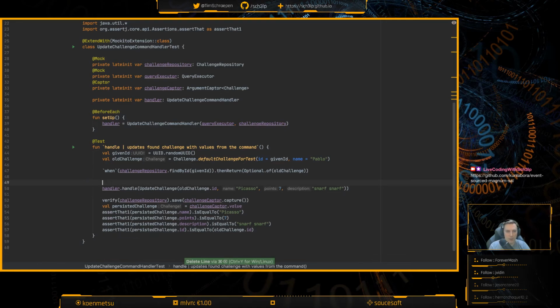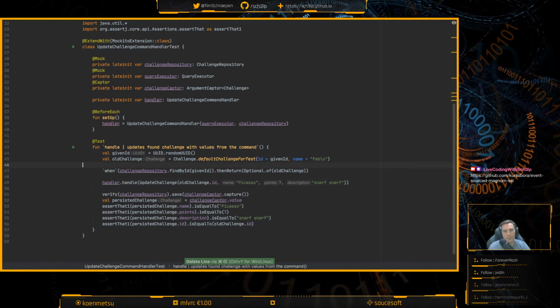This I don't need anymore. Give an ID. All right. And this I need to replace with a find query thing.